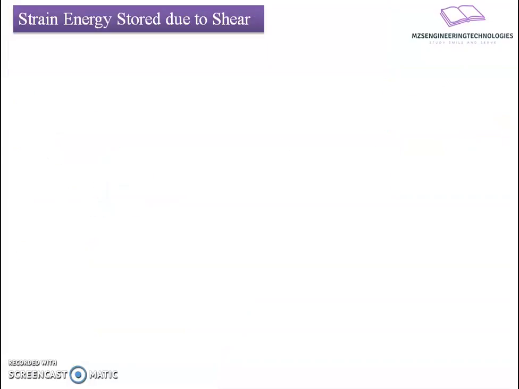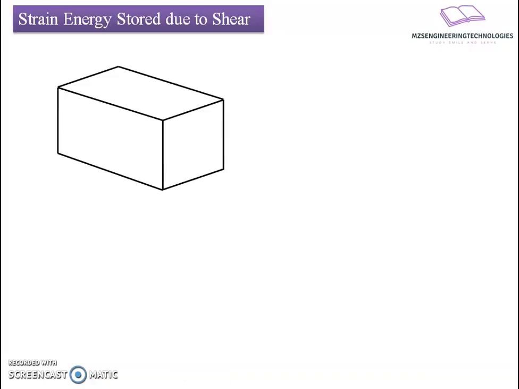Let us move towards the strain energy stored due to shear. For this, we will consider a cuboidal body, an extract from an elastic body that is acted on by external loads and goes through deformation. Let us say the cuboid is of length L, width B, and height H. When we see the effect of the shear force here, the shear stress acts along the cross-sectional plane. When the shear stress is along this plane, a complementary shear stress is developed along the other, orthogonal plane.